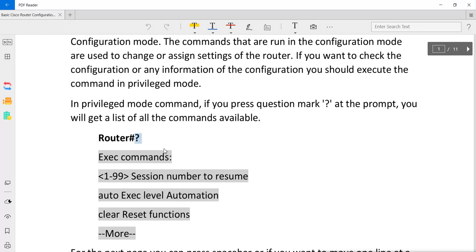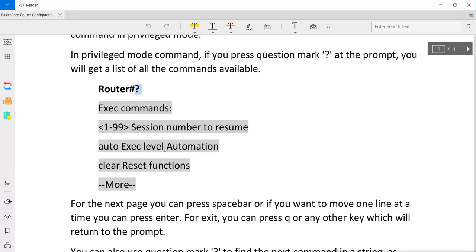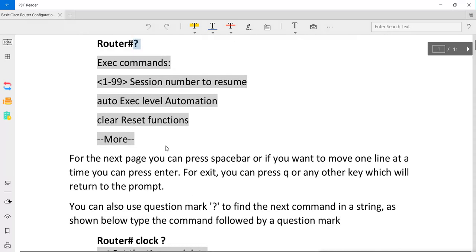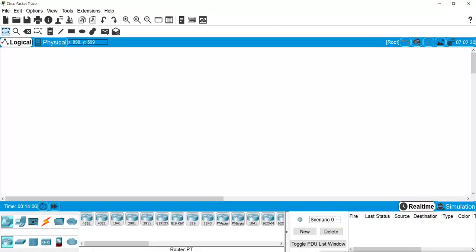Now, to access the router, yesterday, in the last lecture, we saw how we can access the router. So I'll do it again. This is our software, Packet Tracer, where we can do all this. You can use a router first to connect it.